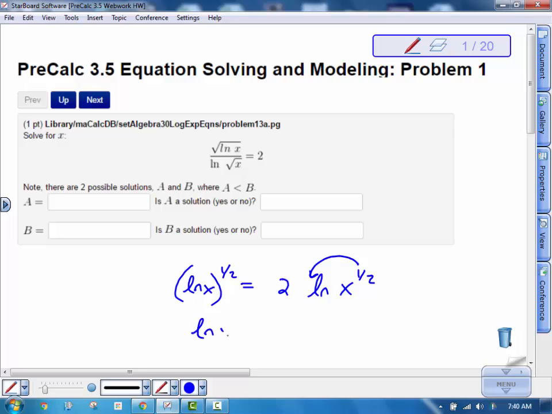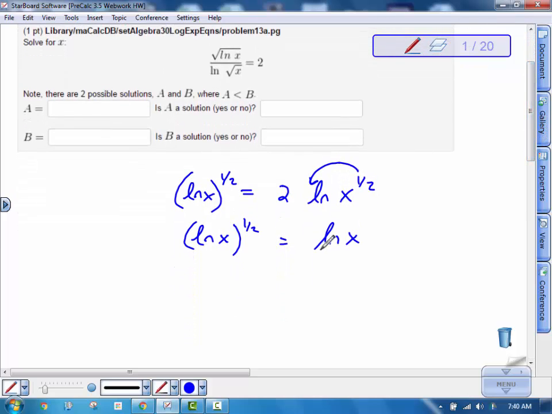So I have natural log of x, make sure this is in parentheses. That's a very different thing than putting the exponent on just the variable. When you bring the 1/2 down, you get natural log of x, because 2 times 1/2 is 1. And then I'm going to subtract this to the other side. This would be minus natural log of x to the 1/2